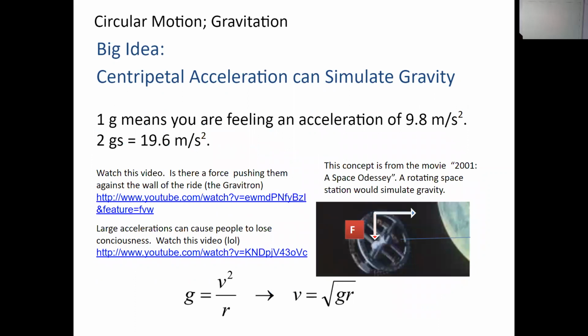If we consider the classic movie 2001: A Space Odyssey, we were presented with an image of a rotating space station, like a giant hamster wheel. If you can imagine people as the hamsters, because of the rotation, they could theoretically stand on the rim, because the centripetal force would be pushing them inward. It'd be very similar to the normal force that we experience. And if you can get this radius and the speed just right, then you would experience an acceleration of 9.8, which we could call artificial gravity.